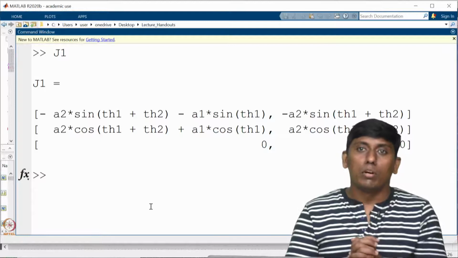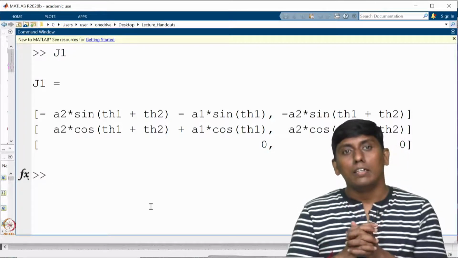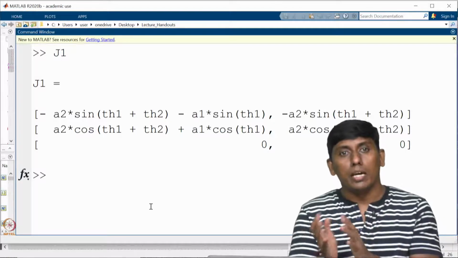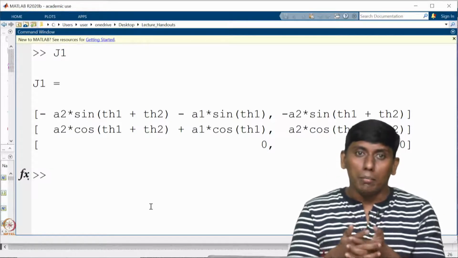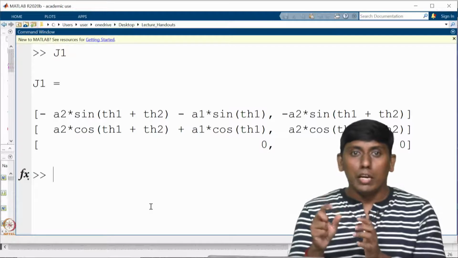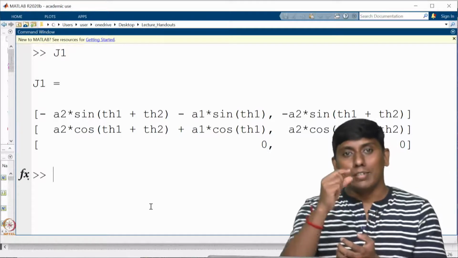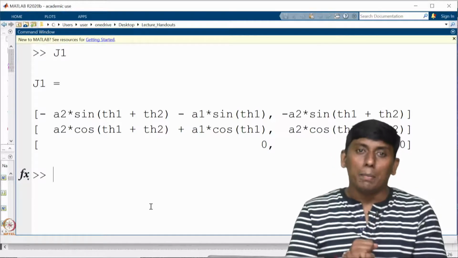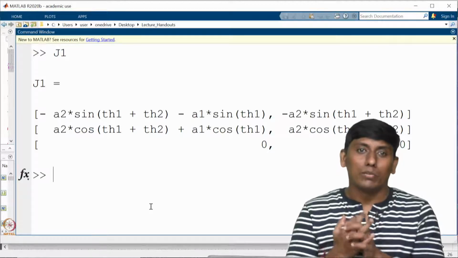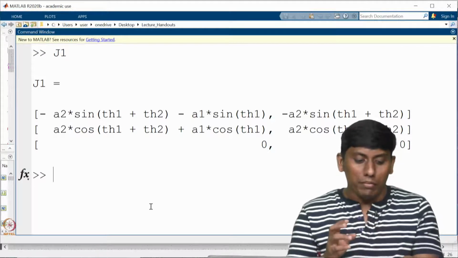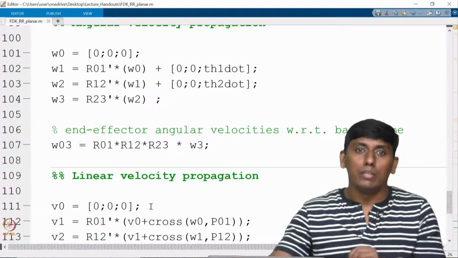So in that sense what one can clearly see is whatever you have done analytically, the same thing you can port as code in MATLAB. Even this can be further simplified as a simple generic code, but that is a little complex to understand. So that's why I have written this code as a lengthy one.